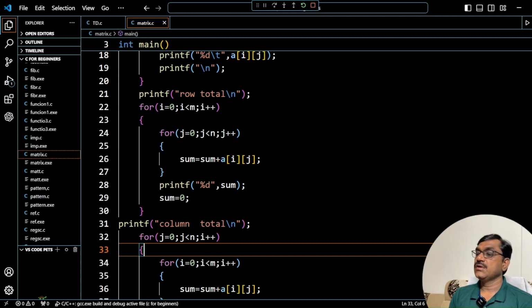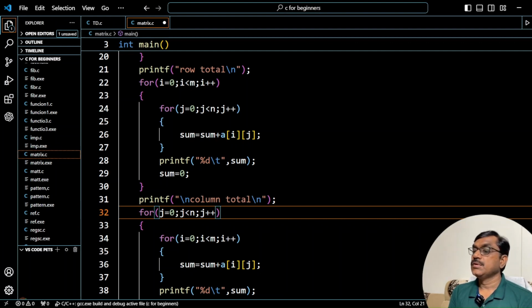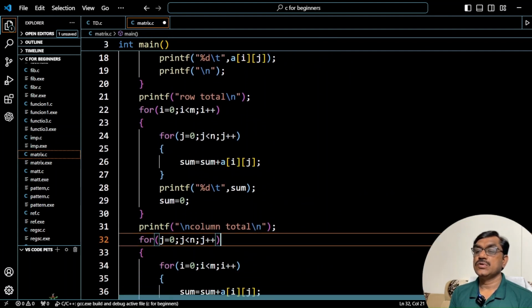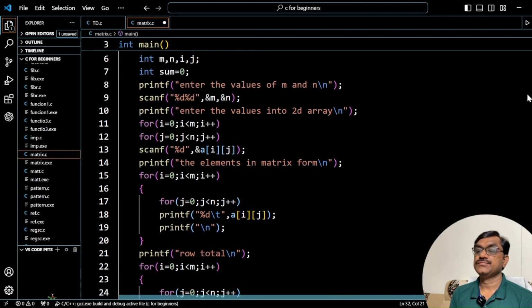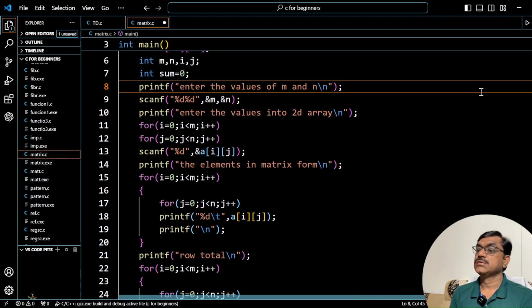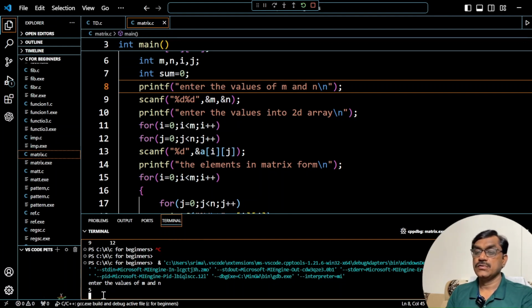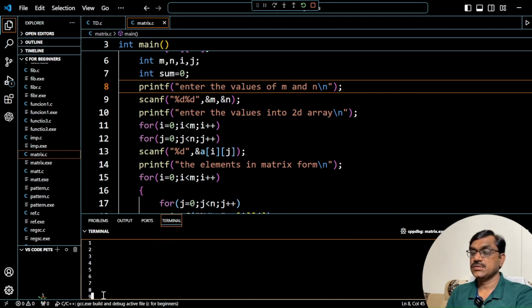Okay, something is going on, so we will see what's the problem here. You will see the program. Here you see this is the program, and this is the row total, and this is the column total. Right, we will execute this program. Once Control S, and you say the m and n values, you take any m and n values. For example, I have taken 5, 3, then 1, 2, 3, 4, 5, 6, 7, 8, 9, 10, 11, 12,